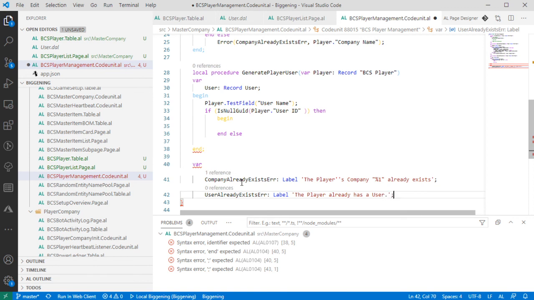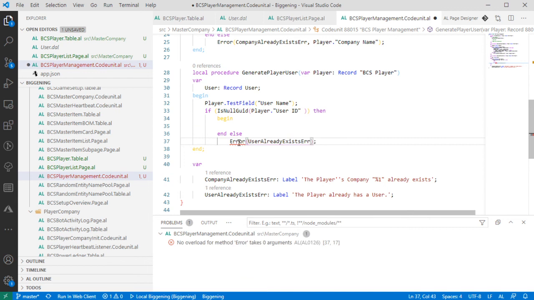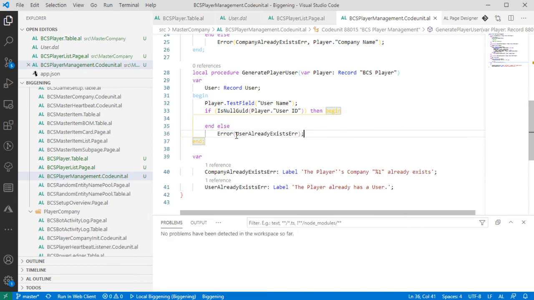And we'll just leave it at that. That sounds fine. If else, error, user already exists. We don't need to provide any more info on that. And there we are. So now we can say user.init,